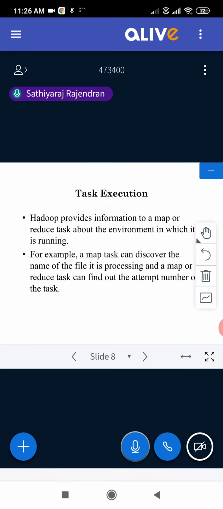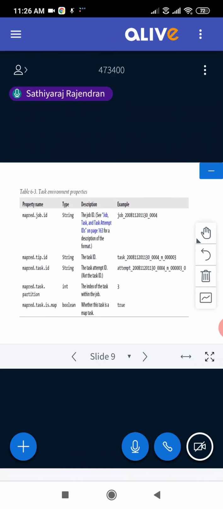Okay, so it is about task execution, and you can see some small methods or task environment properties, like map.job.id. What kind of data is it returning? A string. And map.tid means task ID. As I told you, there are two things: one is the map task, one is the reduce task. The number of attempts it is trying can be done with the reduce task, and map.task.partition. These are properties which you can configure with your system configurations once you start using MapReduce and the Hadoop installation on your machines.